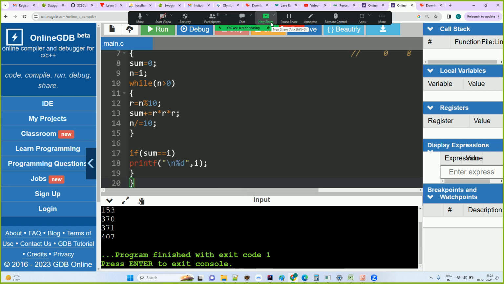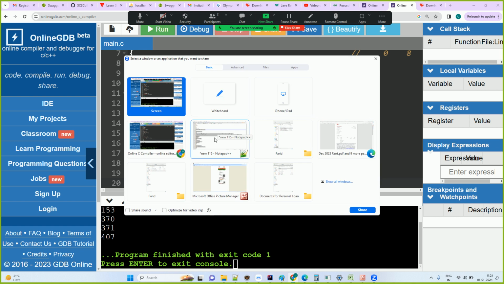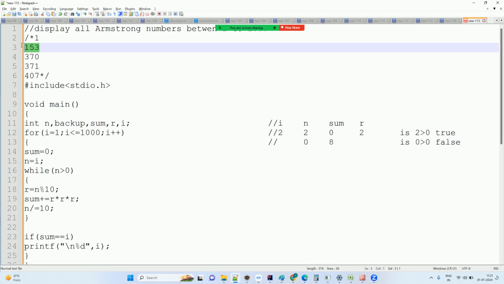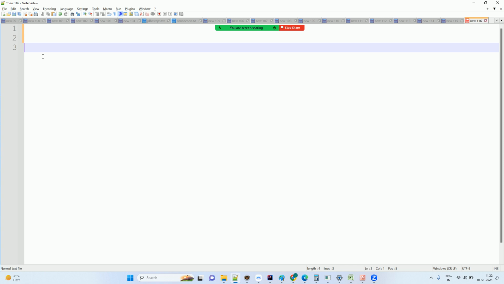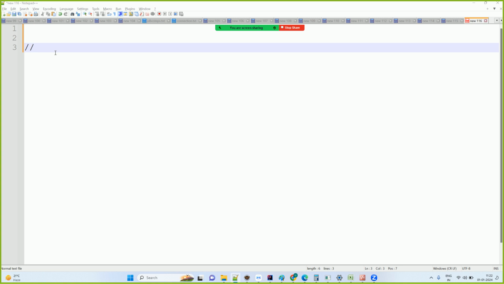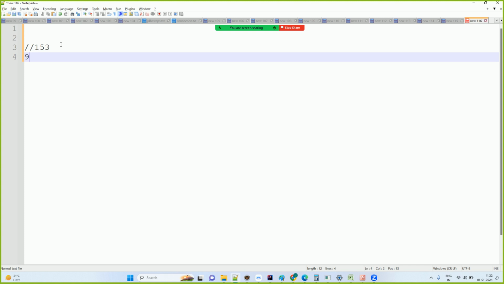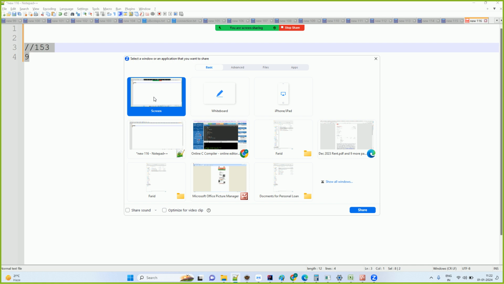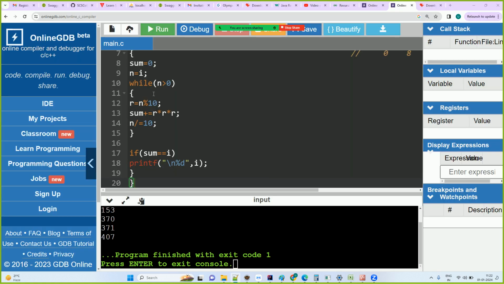Okay, now if I give you a task to find the sum of digits, we have done that, right? So let's say I give you the number 153. What is the sum of digits for 153? 9, right? So you can do this program very simply, right? So how do we do that? A very simple way of doing it is